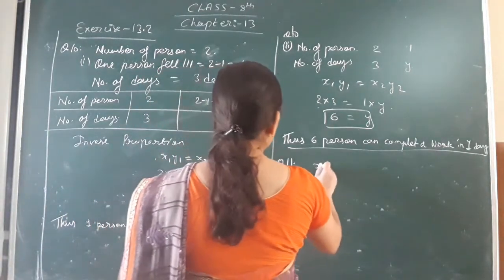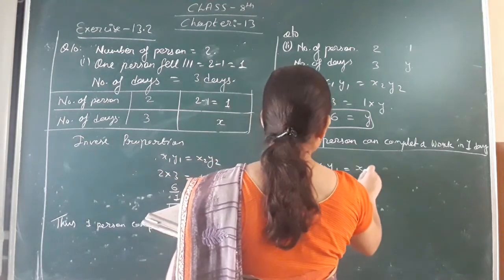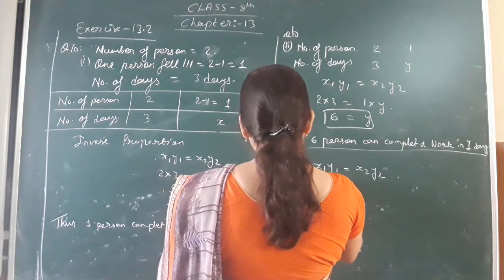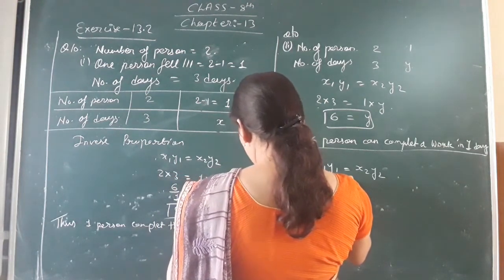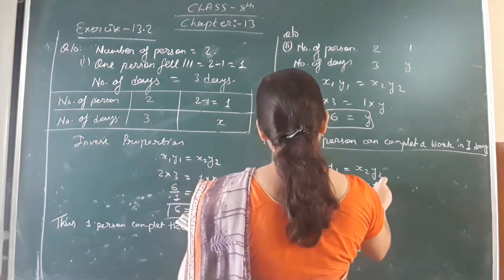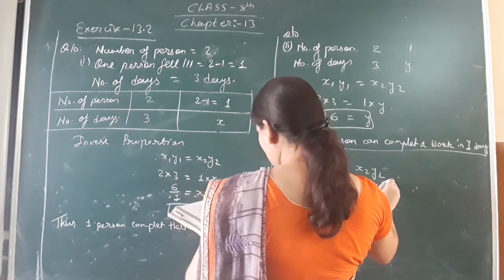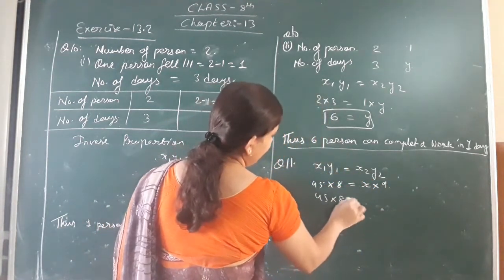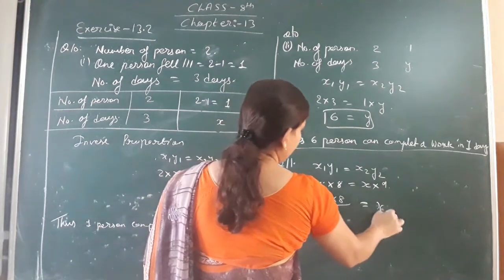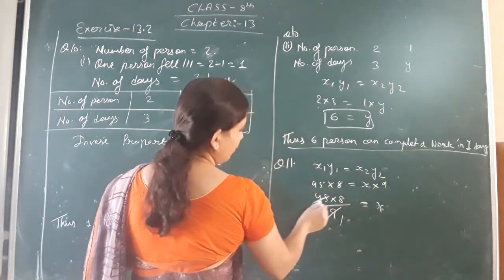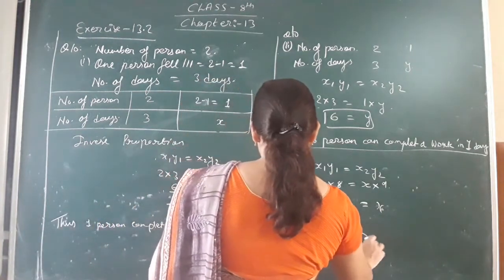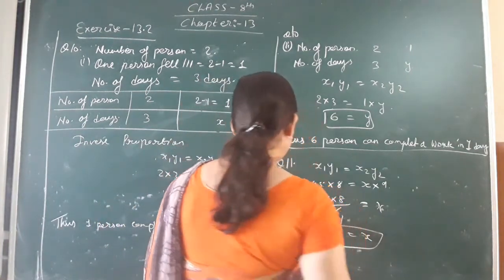So as the inverse is x1 y1 is equal to x2 y2. So here 45 minutes into 8 periods is equal to x into 9 periods. So here it will be 45 into 8 upon 9. So that will be x. Here it will be 1 and it will be cancelled by 5. So 5 40. So what will be the period? It will be period in minutes.